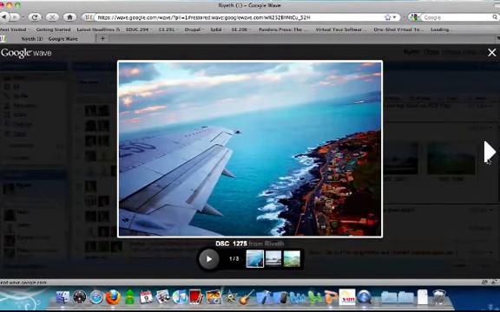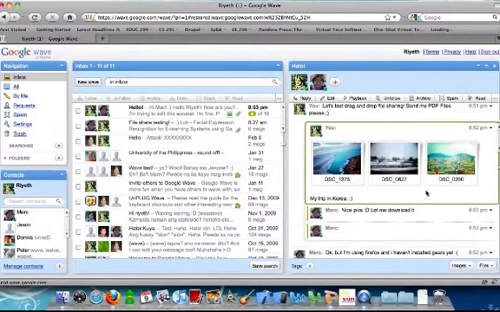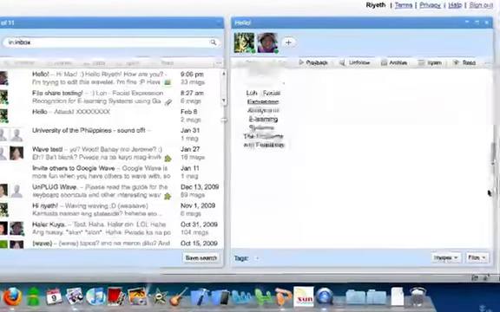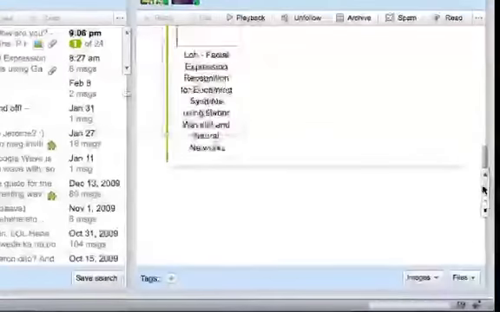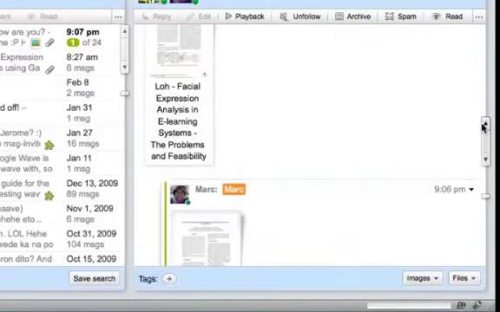Now, a Lightbox slideshow gallery appears and you can see all pictures from the Wave. Now, these are only images, but Google Wave can also accept other types of files. I asked Mac to specifically send me PDF files, but other files like text or documents or audio files can also be dragged onto the Wave. So as shown here, he sent me 2 files,